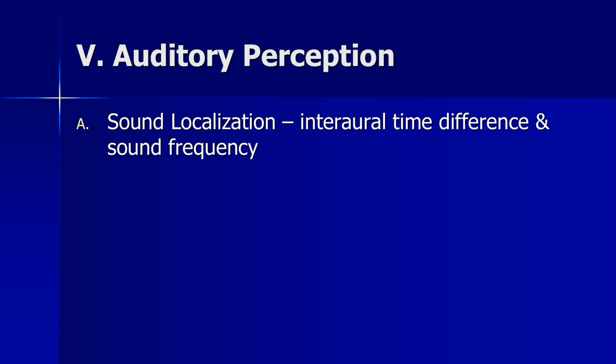I want to finish out talking about one issue in perception that's just an important note, I think, in terms of our abilities, and that's how we localize sound. We'll talk a little bit about language later, but sound localization is how we know where a sound is coming from, and it's based on what we call the interaural time difference, and it's really dependent on sound